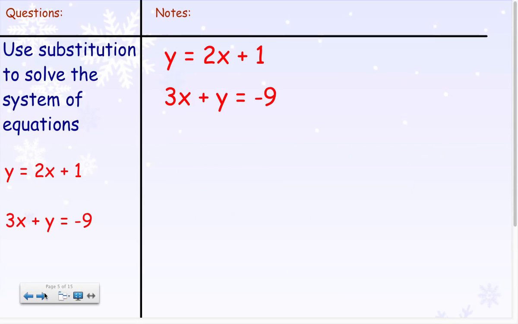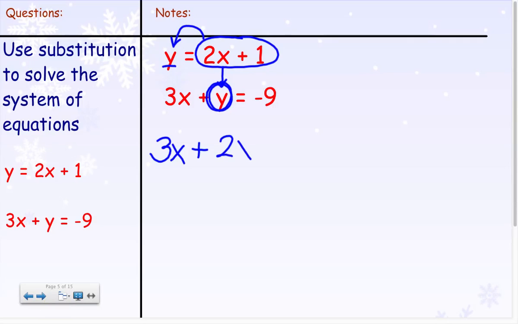Again, I'm going to look for where I have a variable all by itself on one side, and that's this y. So I'm going to circle what y equals, which is 2x plus 1. Since this is a y, I'm going to plug it in for y in my equation below. So instead of writing y, I'm going to replace it with 2x plus 1. So I'll start from the left. 3x plus, and now instead of y, I'm writing 2x plus 1